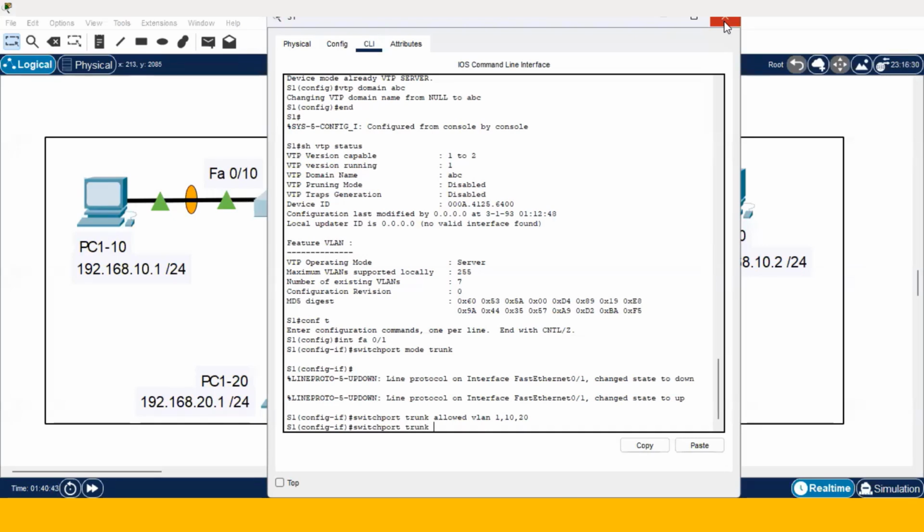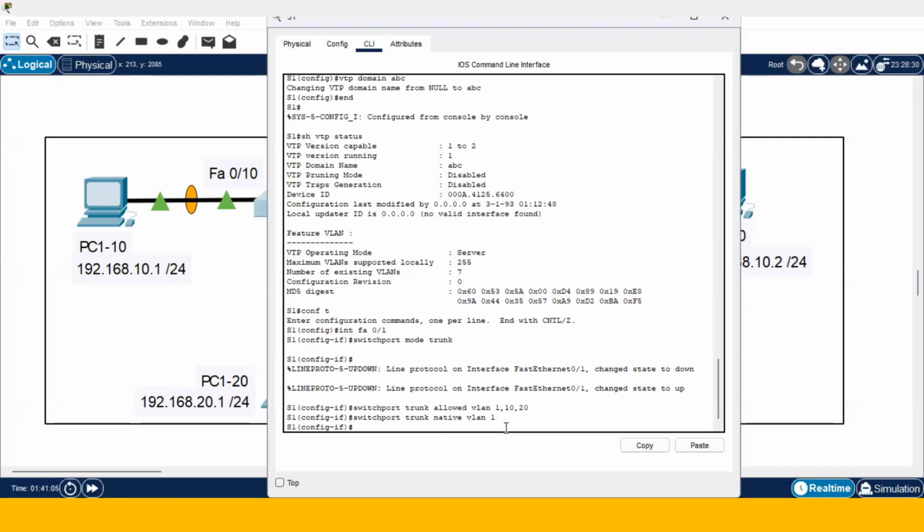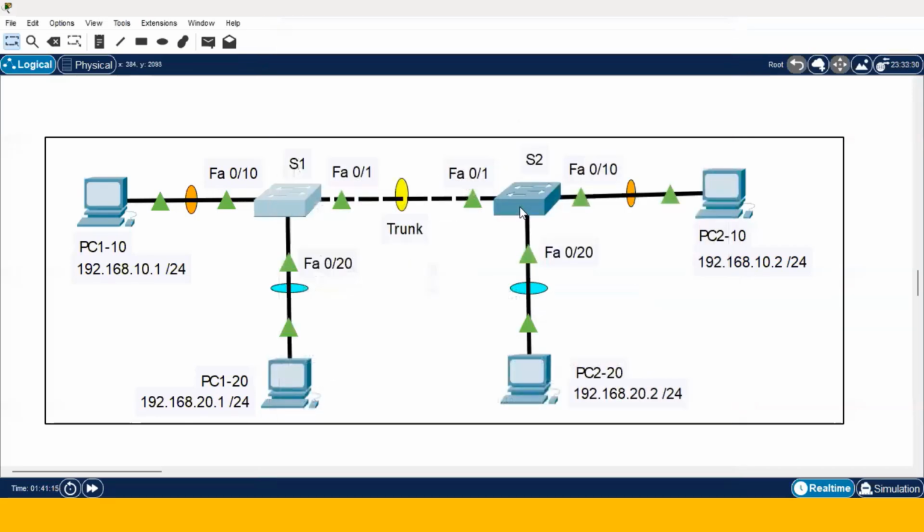I'm going to show it for VLAN 1. I don't need to type this command because VLAN 1 is already by default a native VLAN, but just for you to see the command, native VLAN 1. It's already native VLAN. If you had another VLAN, you would have put the ID of that VLAN in here. Switchport trunk native VLAN followed by VLAN. The same configuration must be performed on the other end of the trunk link, otherwise we are going to have